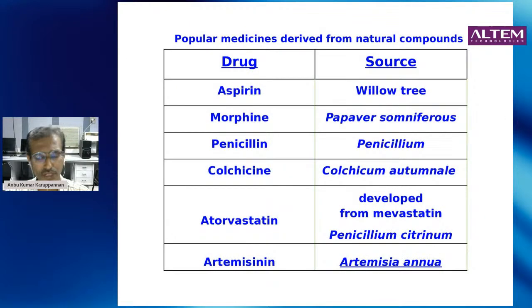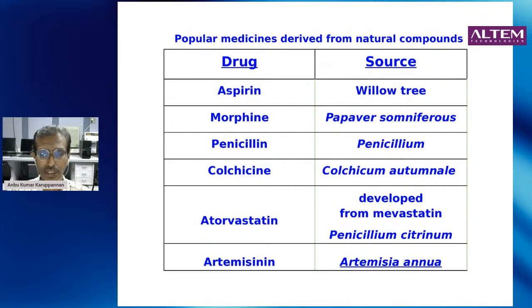And if we look back in history, a lot of drugs that we are currently using are originating from plant or natural sources. For example, aspirin, one of the foremost drugs used for anti-inflammatory and pain remedy. Aspirin was obtained from willow tree originally, and now we synthesize it. And same with morphine. Morphine is a painkiller. Before the advent of morphine, surgeries were really painful. Morphine and other opiate drugs are now commonly used, and they originate from a plant, the poppy plant, whose scientific name is Papaver somniferum.